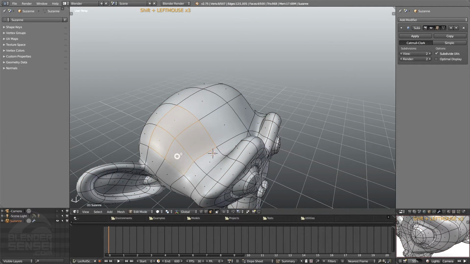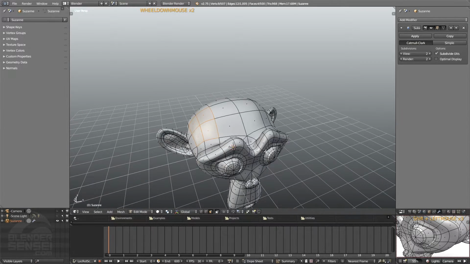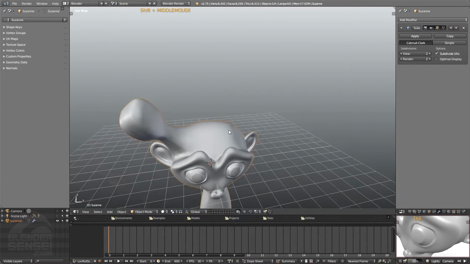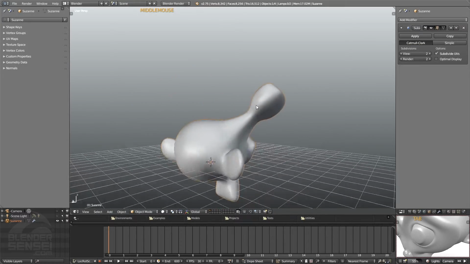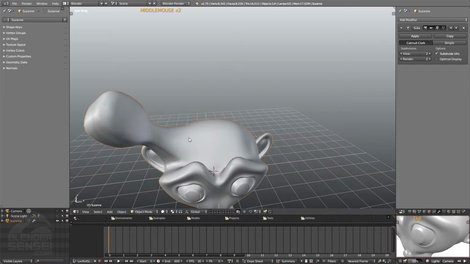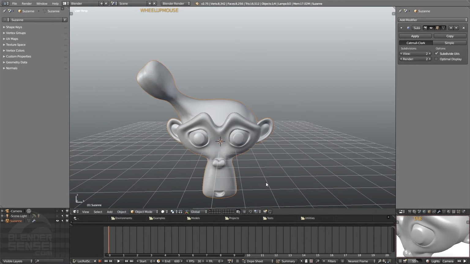Let's go ahead and press Tab to go into edit mode, and then I'm just going to make a selection of some faces over here, and press E to extrude, S to scale, E to extrude again, S to scale, and E to extrude, and do something like that. And yours doesn't have to look exactly like that. I just basically want an additional piece of geometry on this monkey head